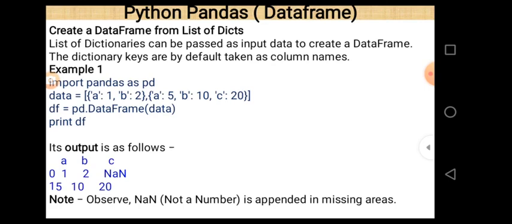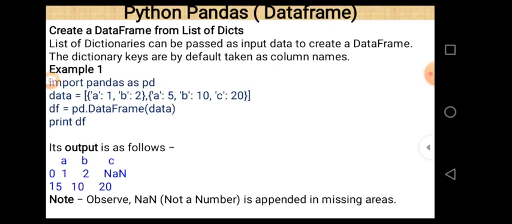There is no value corresponding to c in the case of dictionary 1. So there are only two values, a:1 and b:2. For c there is no value at all. So in this case, what will be the output? The output will be represented by NaN. NaN means not a number.